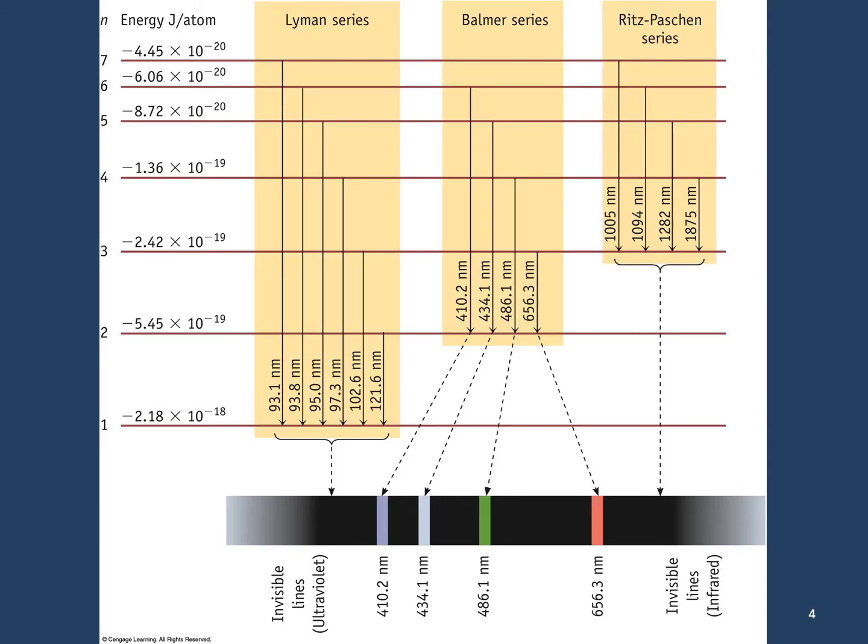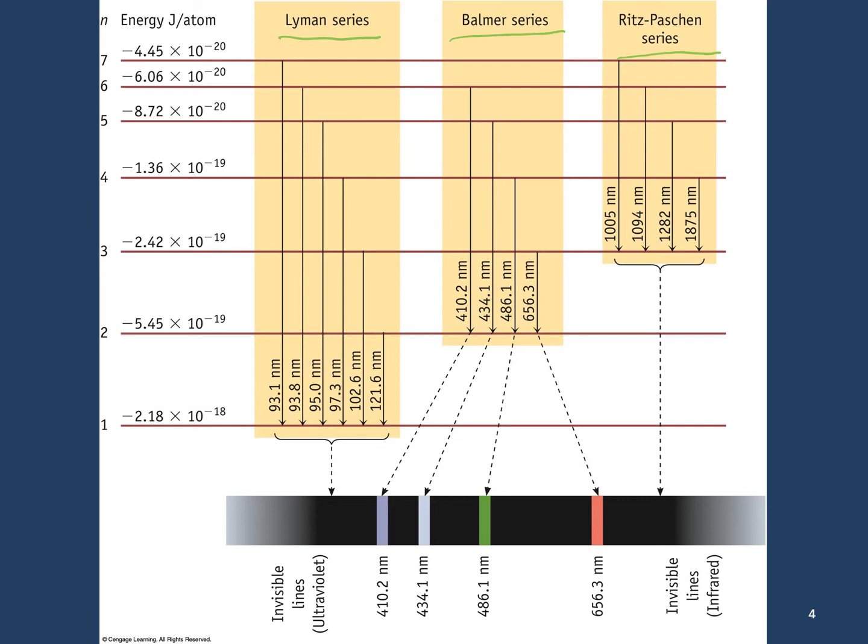So here's some examples of all of that. Now, I don't care if you know what the Lyman, Balmer, or Ritz-Paschen series are, but there is a Sapling Learning question on this. One of the things that you kind of just need to know, just for Sapling, not for my tests or quizzes, so if you're having trouble on that Sapling problem, just look it up, is